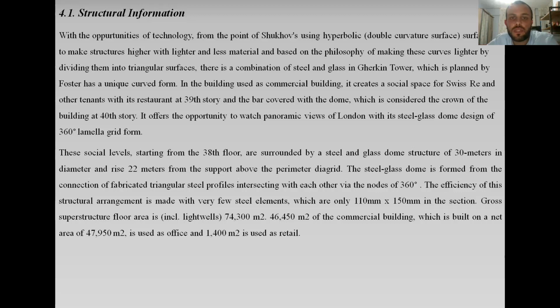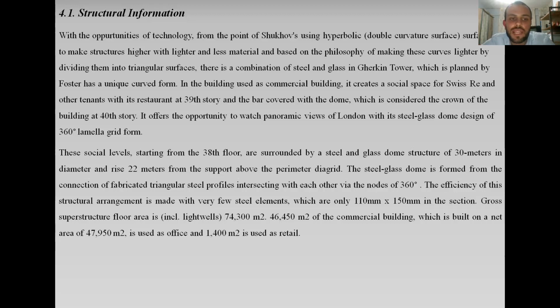There is a combination of steel and glass in Gherkin Tower, which is planned by Foster with a unique curved form. In the building used for commercial purposes, it creates a social space for Swiss Re and other tenants with its restaurant on the 39th floor and the bar covered with the dome, which is considered the crown of the building, on the 40th story. It offers the opportunity to watch panoramic views of London with its steel glass dome design of